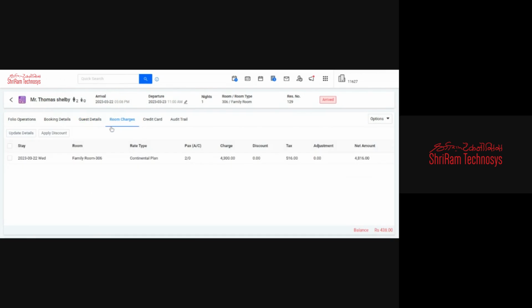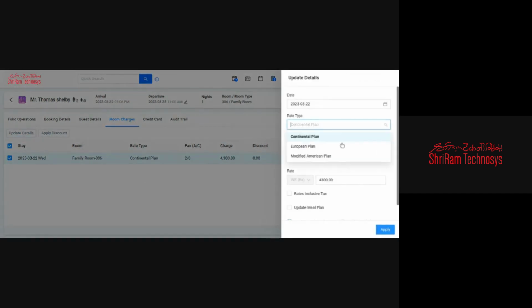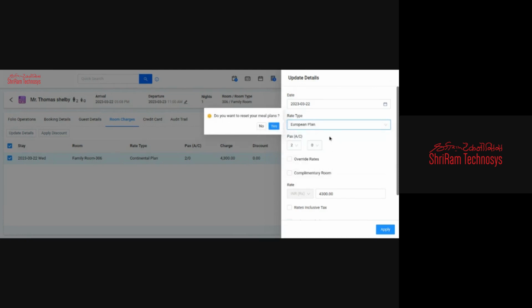Here are the room charges. You will be able to see, for each night, what room charges are there and which rate type is being pursued. And if required, you can update it also, you can edit it. Select the night for which you would like to change, update details, you can change the rate type,